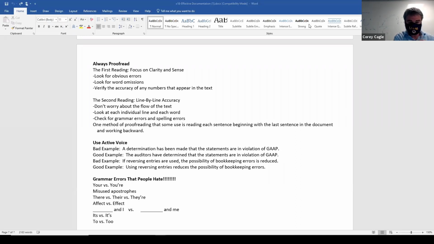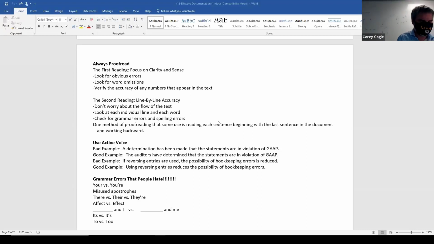A lot of this is used in very lawyerly type communication. They do that a lot. You're right. So read through first for obvious things, and then read through a second time, line by line, for accuracy. A lot of people recommend reading it backwards, the last sentence first, and that way you don't get hung up with the flow of things. You're just looking at each sentence individually. Like the multiple choice in the CPA test. Start with the last question.